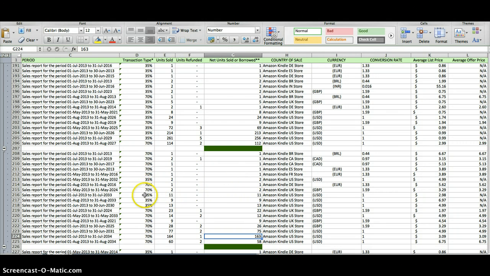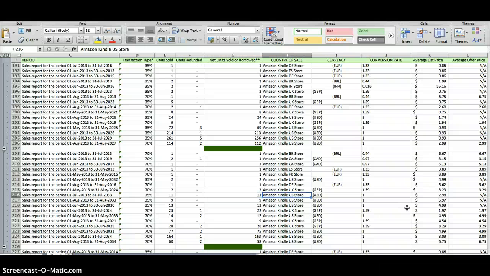These are for different prices. Now these are the 35% royalties. For some of them you can't help but sell at that royalty amount, and that's at an average $2.98 price, and I'm trying to remember why. Some of them will automatically go 70% based on the country, and some of them will be forced to 35% royalty, and I still don't know if I remember why. As we get into Amazon, you'll see that they explain that some of them have to be paid out at the 35% royalty based on the country. And I think I just remembered,